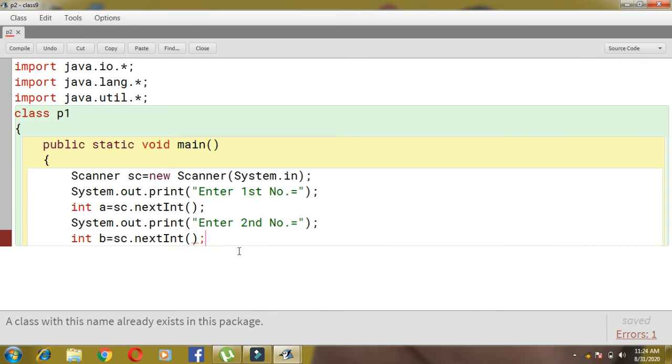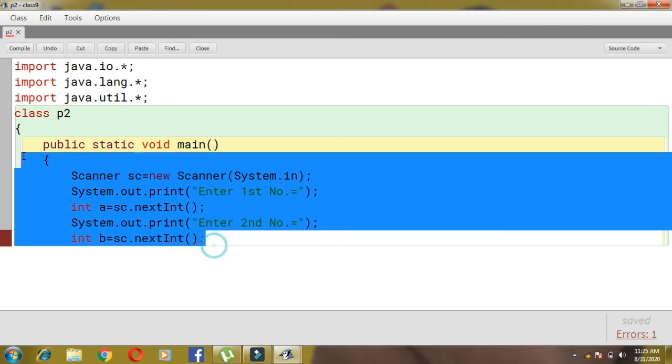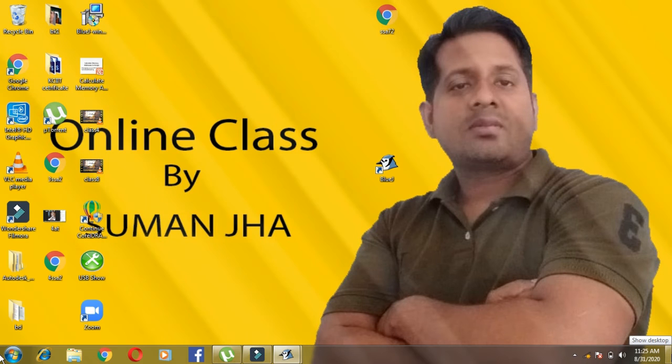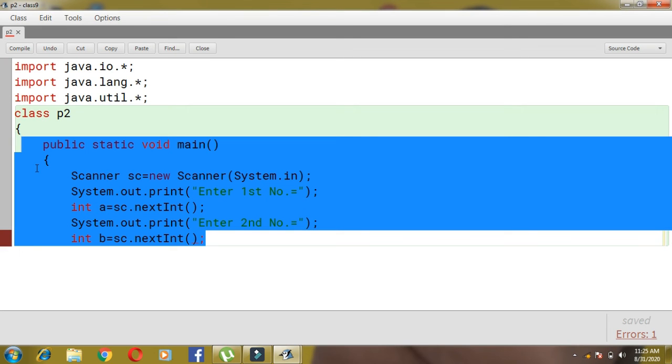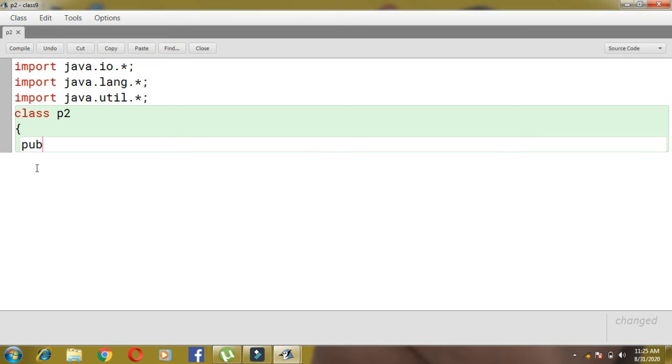Okay, children. So the class name I have to change to P2, then public static void main. Now instead of void main, what we have to do is write void, simply the function name area square.